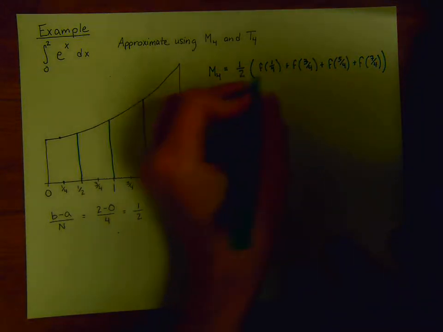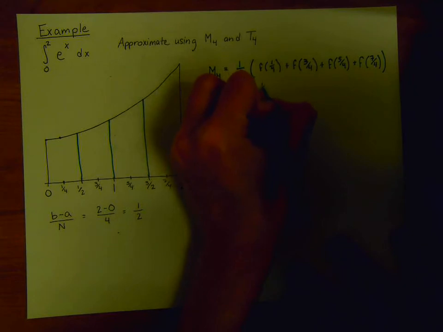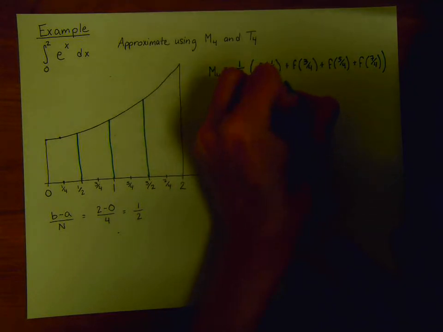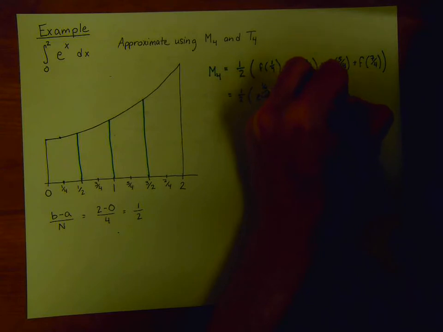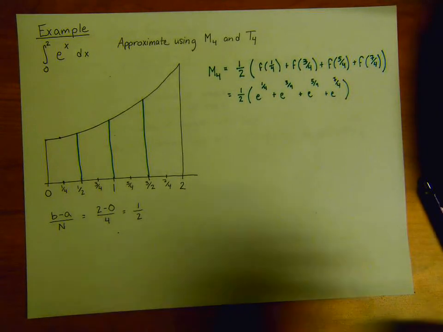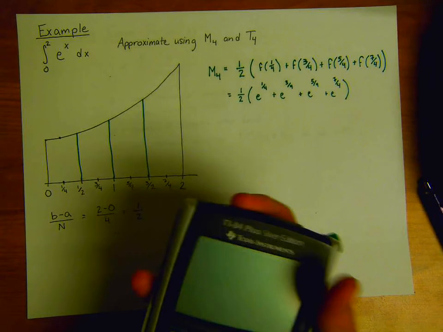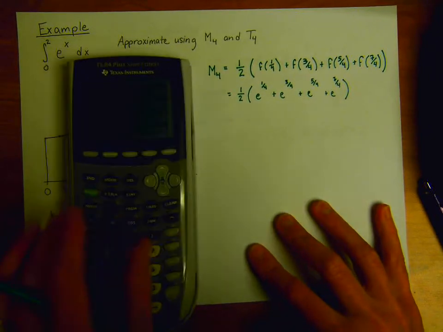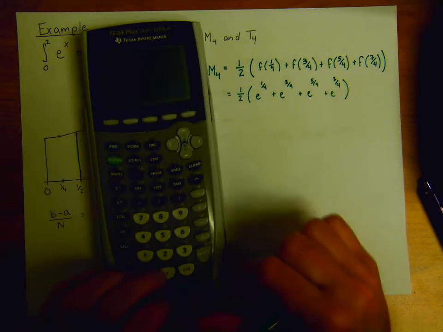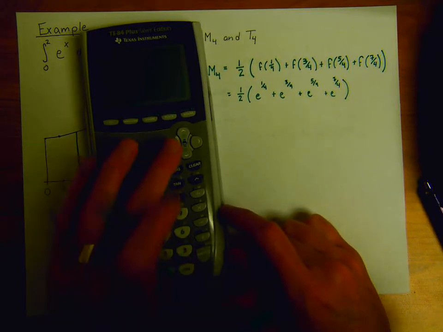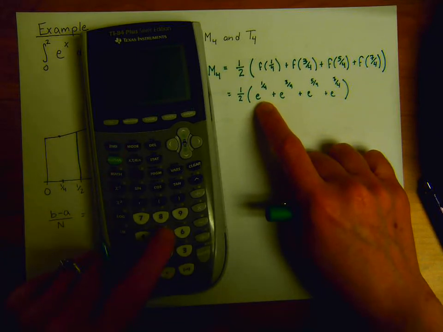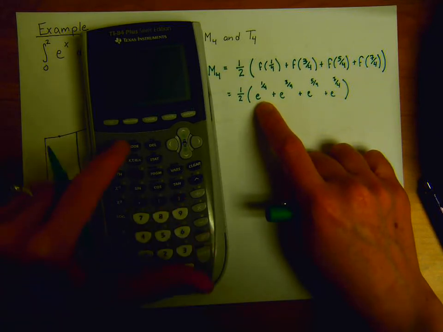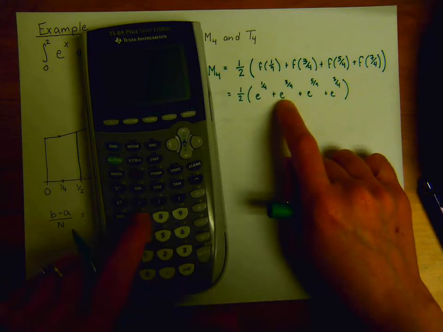In this case, it's going to be 1/2 of e to the 1/4 plus e to the 3/4 plus e to the 5/4 plus e to the 7/4. And I have my calculator right here. If I want to get a numerical approximation for this value, I can add 1/2 times e to the 1/4 plus e to the 3/4